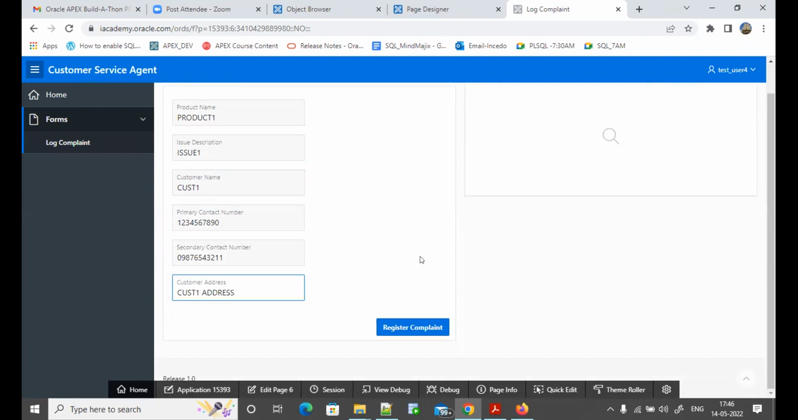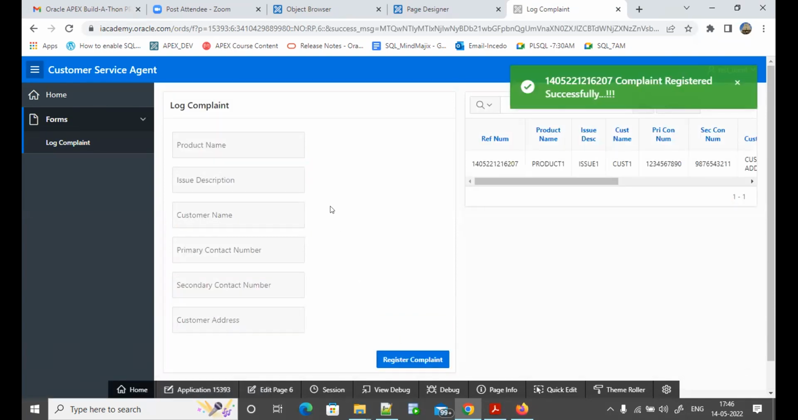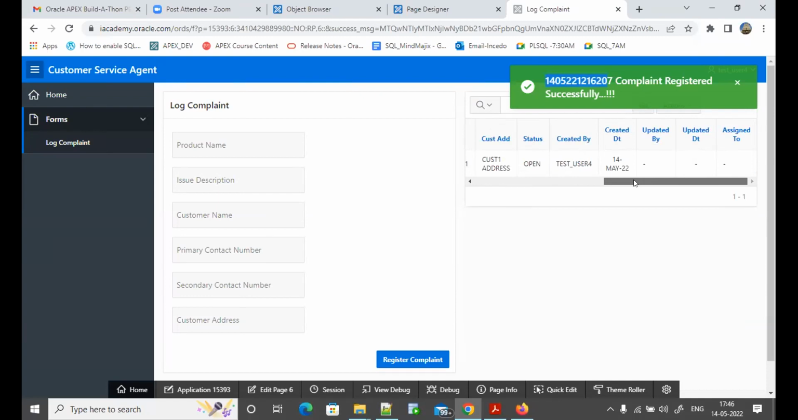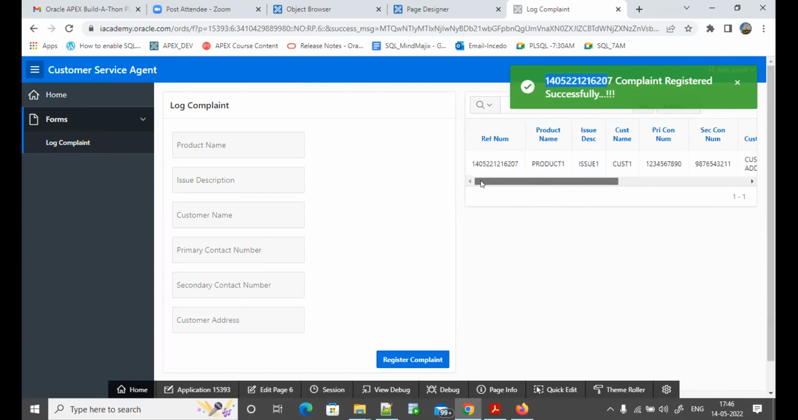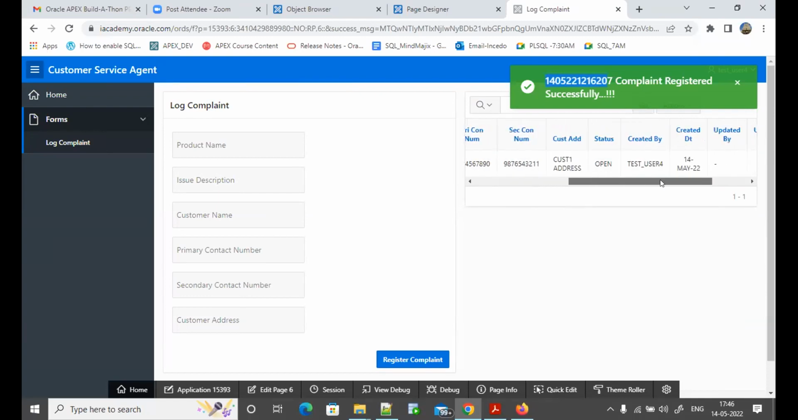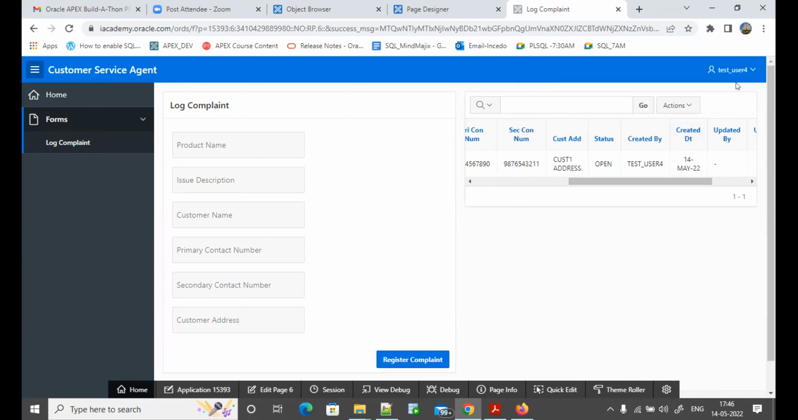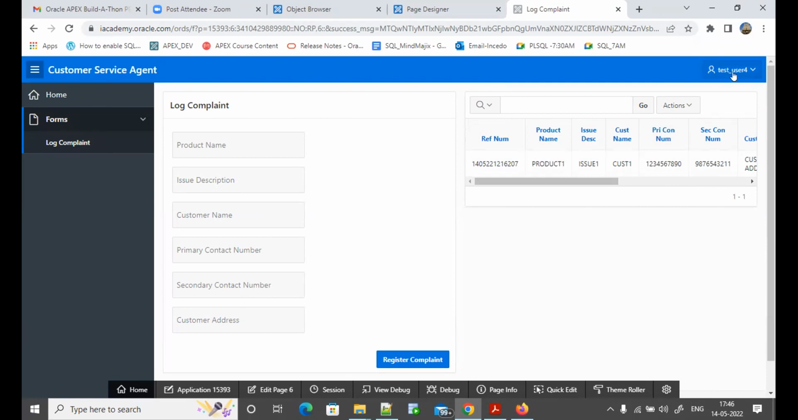Okay, I want to register my complaint. Click on register. So I have logged my complaint and this is my reference number and I'm able to see the complaint that I have logged in. Okay. Now customer test user 4 is the person who logged this complaint. Now let me log out